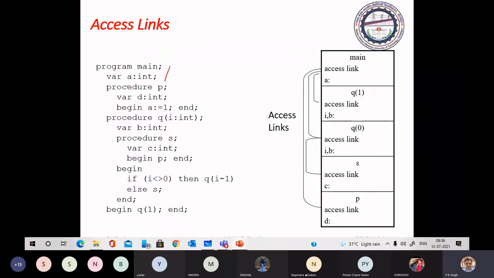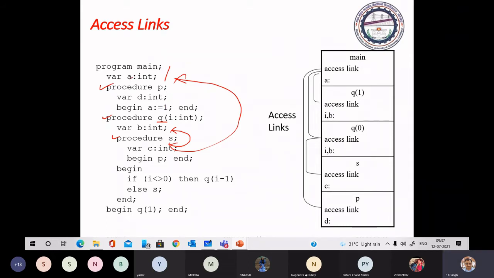This procedure is defined in the main, as part of the main, but this procedure is defined in this Q. So if you are doing the execution of procedure S, then there may be a link to this Q as well as to this, to refer to the information.